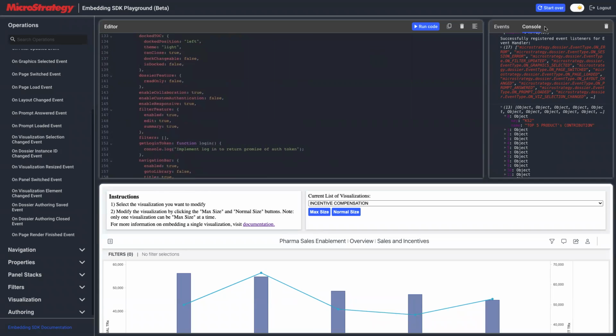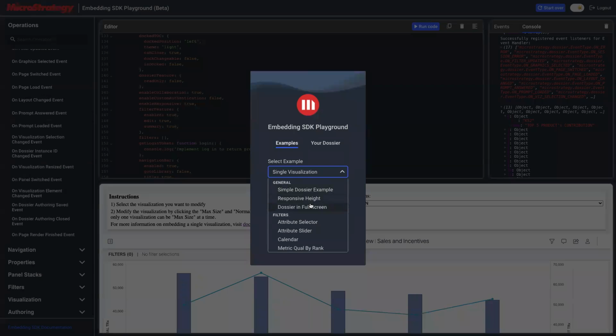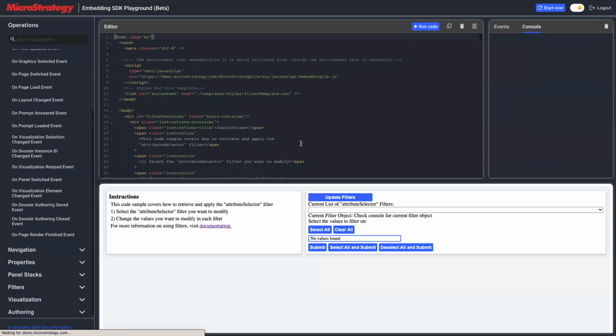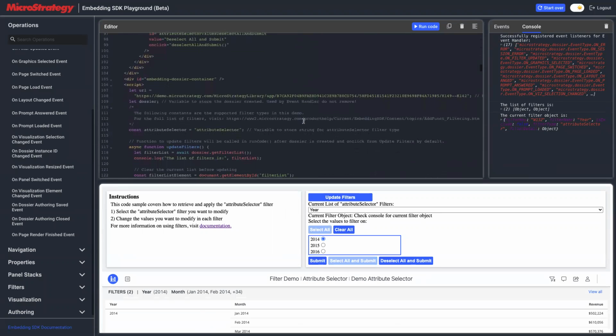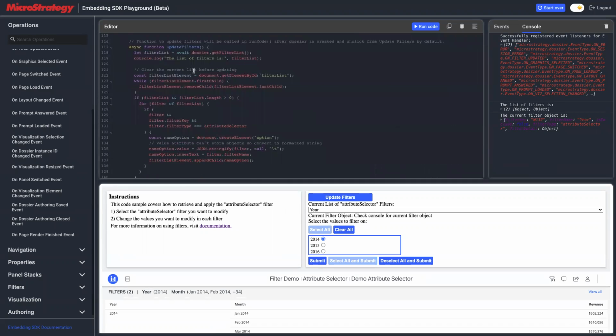We actually have an example for a filter. Let me show you the code. So this is how you can explore the filter information. So here, we have an example. Let's look at the function update filter. This will be called whenever you switch page or page load. So you can